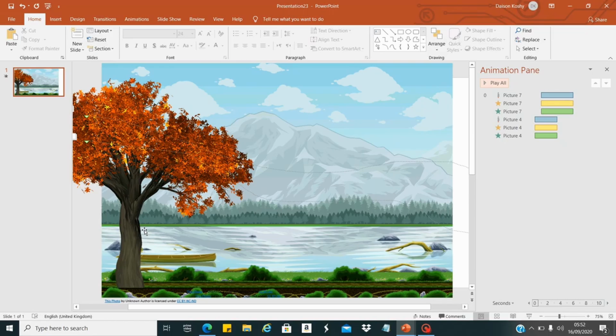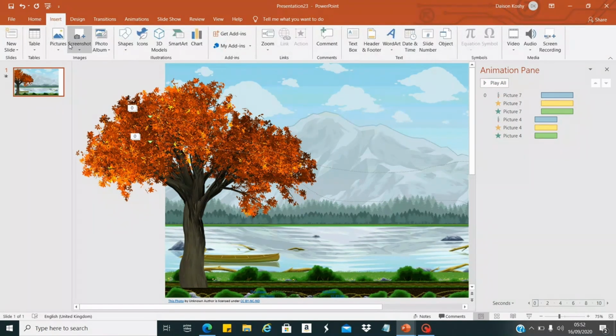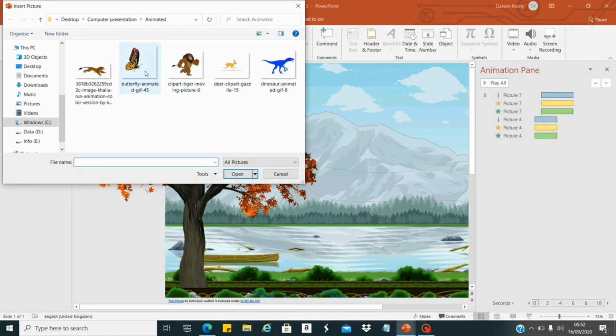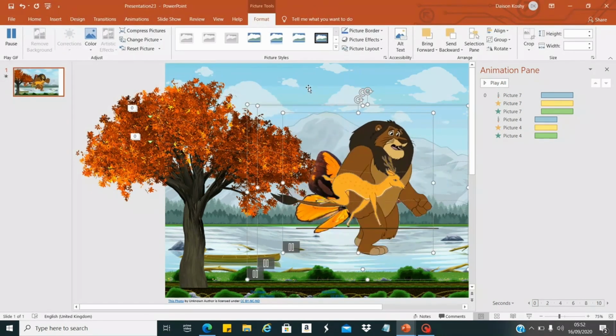Now we will go and check some animals. I already have some animal images on my PC, which I downloaded earlier. Click on pictures and this device. I will select butterfly, lion and one deer. Insert. Select outside.